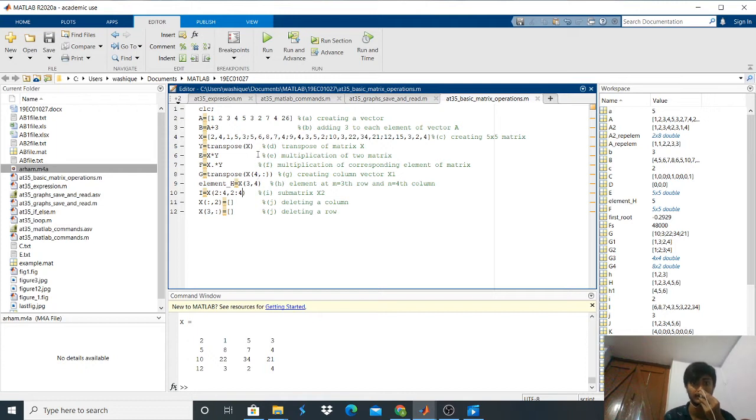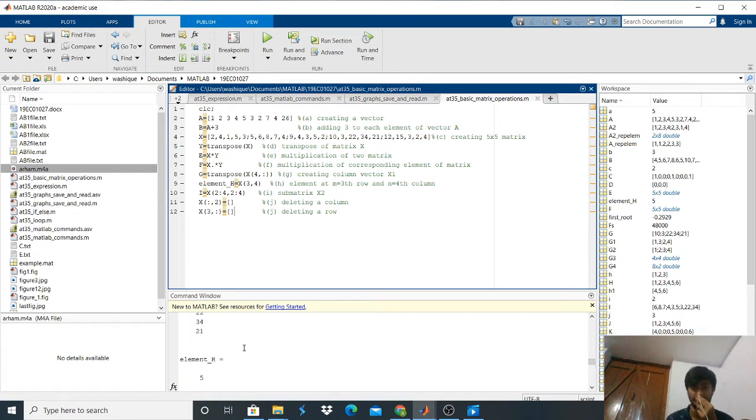Fourth row elements are there, so the element at 3 comma 4 will be given, and it will give the inner sub matrix, that is from 2 to 4th. We are having the row and column 2 to 4th, and then we are deleting a column in this, and then in this we are deleting a row. After that, x is 4 cross 4, it has become 5 cross 4 due to deletion of that.